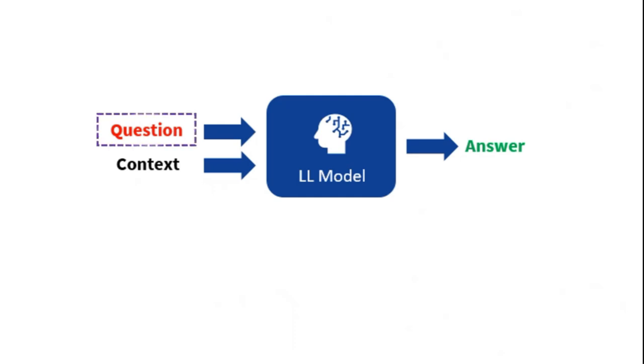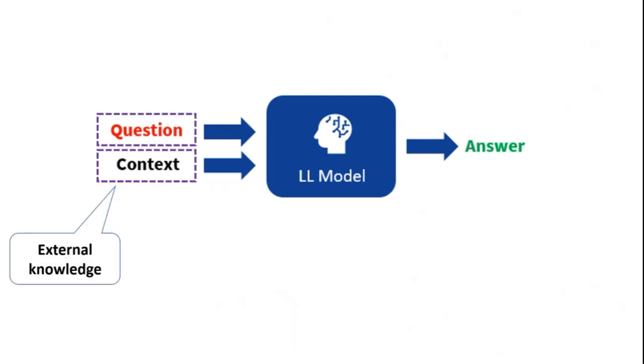Here a question is augmented with context which is retrieved from external sources like documents or databases. This enriched input is passed to the language model, enabling it to generate more accurate, relevant, and up-to-date answers. By integrating external knowledge, RAG ensures responses are grounded in real-world information, making it highly effective for dynamic and specialized